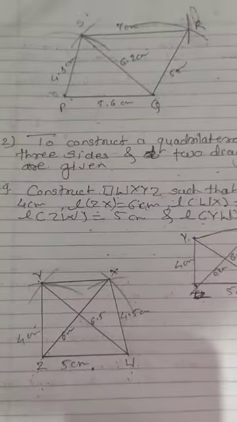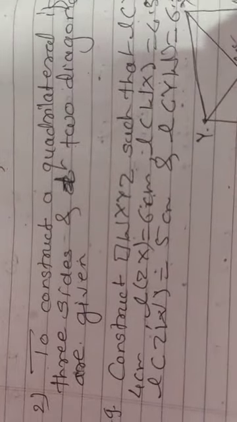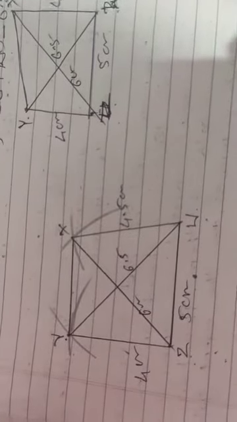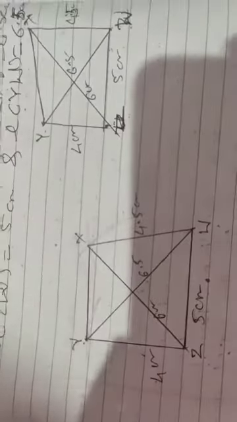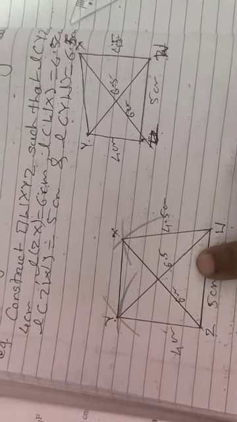So today we saw two constructions. The first construction is how to construct a quadrilateral if the lengths of 4 sides and a diagonal are given; this is the rough figure and this is the fair figure we drew. Then we saw the second construction, to construct a quadrilateral if 3 sides and 2 diagonals are given. Follow the steps which I told you in the video, and complete these two constructions, and the remaining constructions we will see in our next lecture.